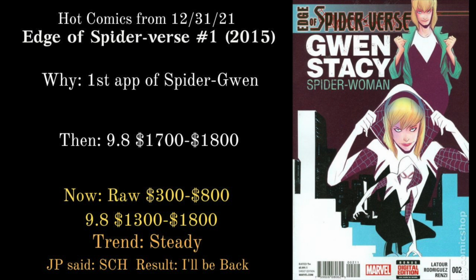So next, we got a couple books that are generally you would think of as straight cash. We'll see how they did over the 6 months. First up is Edge of the Spider-Verse number 2, first appearance of Spider-Gwen. This is, of course,